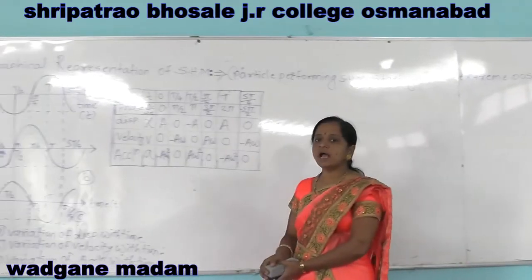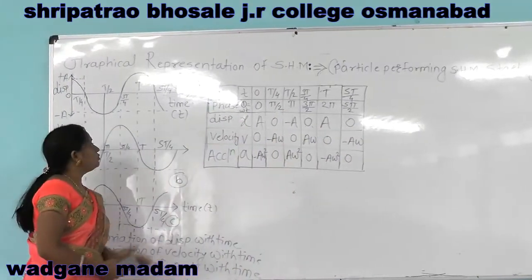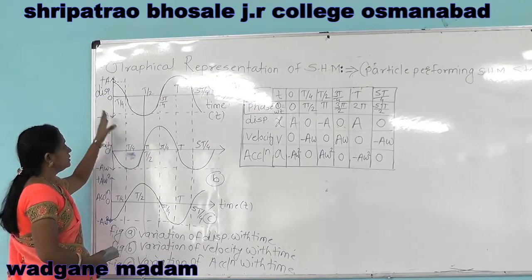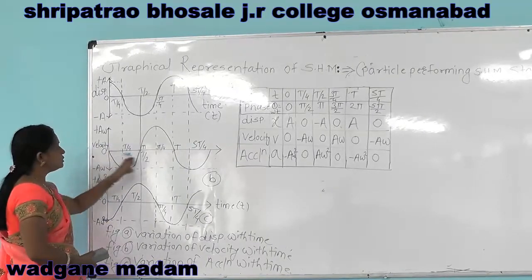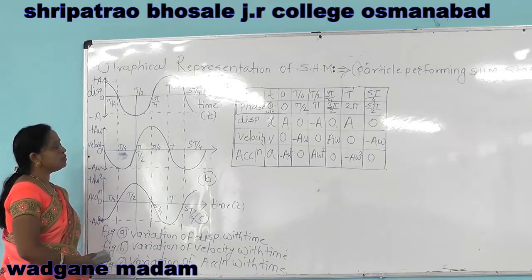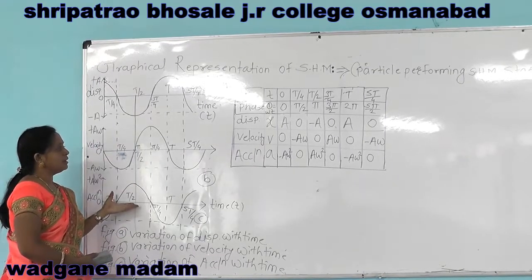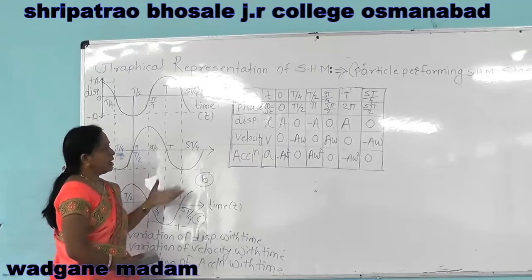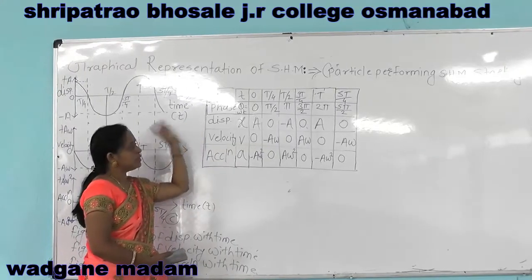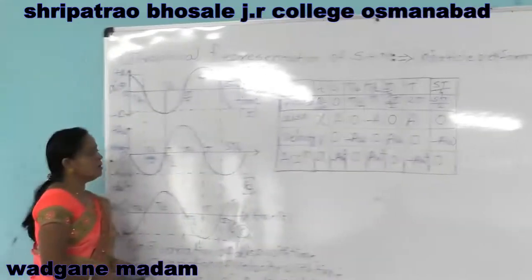When the particle is at the extreme position, how does the graph vary? When the particle varies, that is, the displacement of the particle varies with respect to time, the velocity also varies with respect to time. Figure C indicates the variation of acceleration with respect to time. Therefore there are three diagrams we can draw here, the graphs of these three, and a table drawn here showing how displacement varies with respect to the corresponding time interval, and velocity with respect to time.